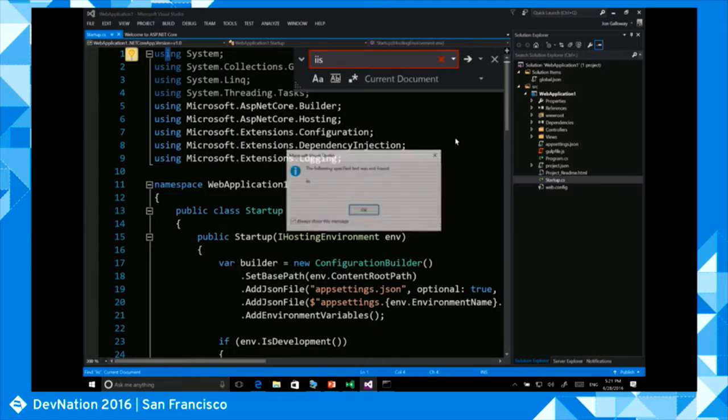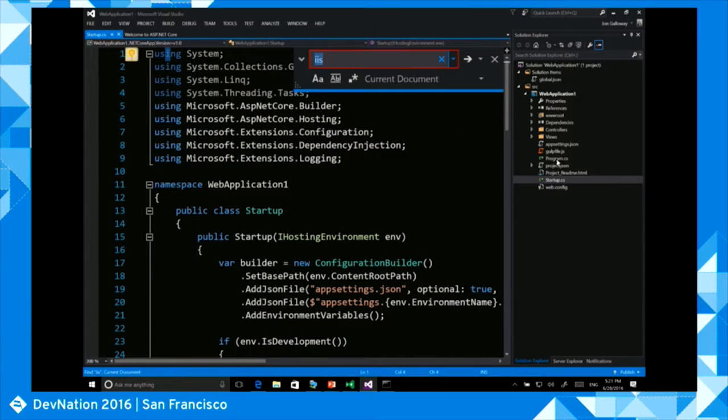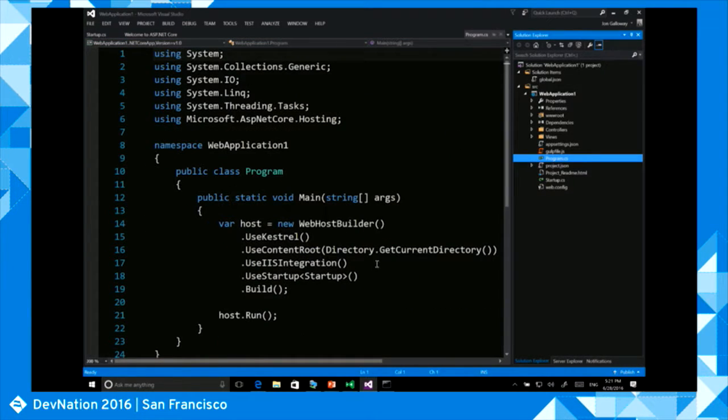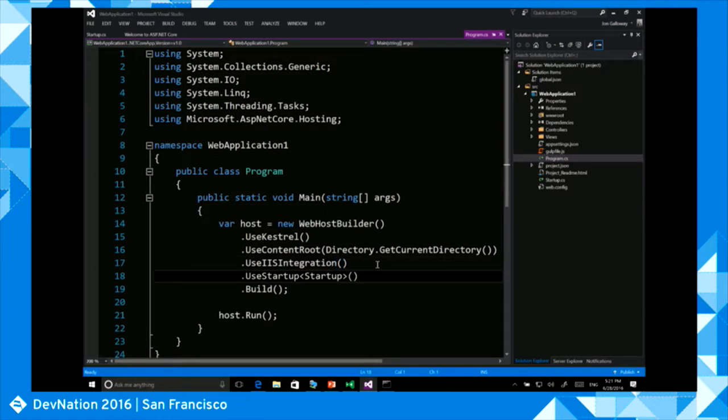Unless they moved it on me. They totally moved it on me. There it is, use IIS integration, right? So what's cool with this is use IIS integration